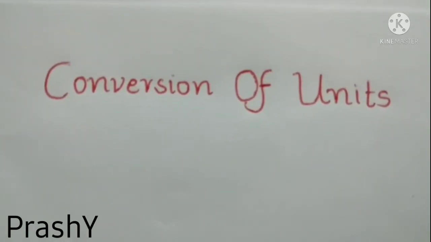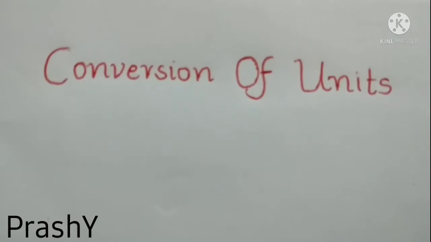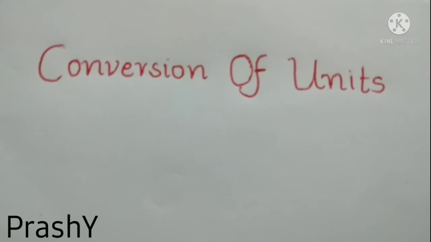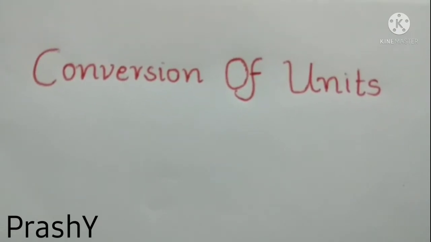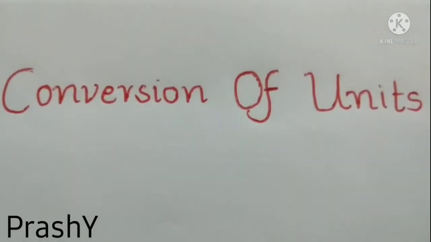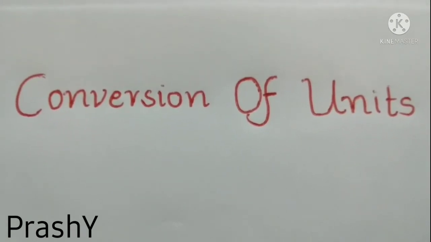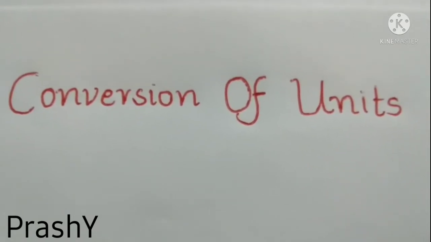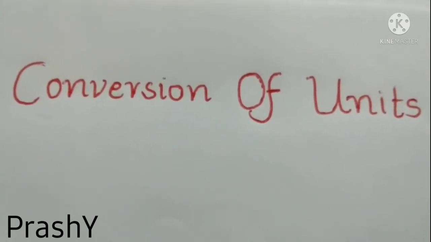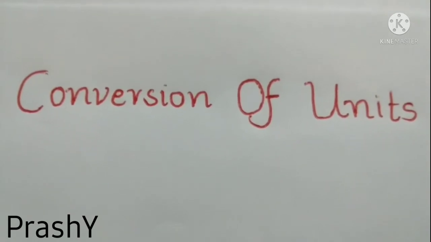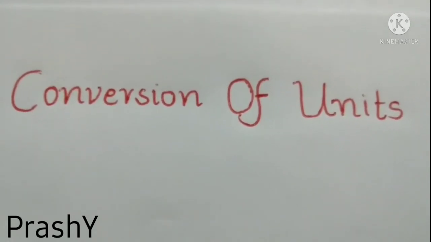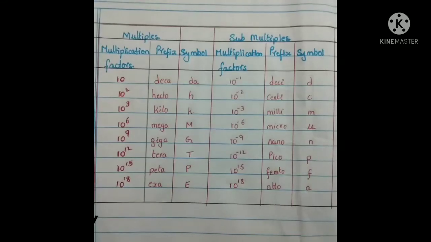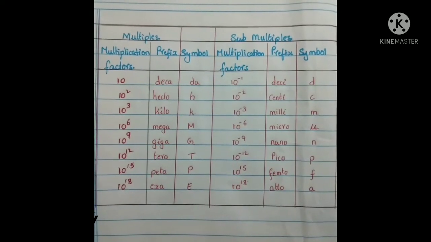In this module, I am going to explain how to convert a unit from one system to another under the topic conversion of units. So before going to the topic, one should learn and remember the following table. We all know that SI units are the standard measure of units. To change the size of the units, to fulfill the needs of various branches in physics, multiples and submultiples are introduced. Multiples are the units which are greater than SI units and submultiples are the units which are less than SI units. So to convert the units, we have to remember this table.